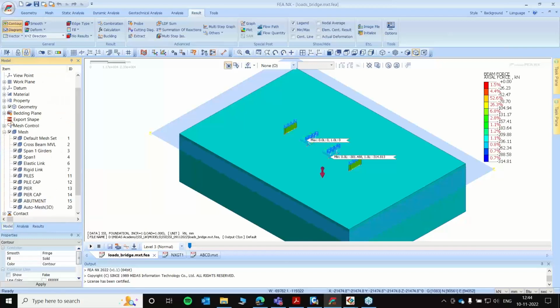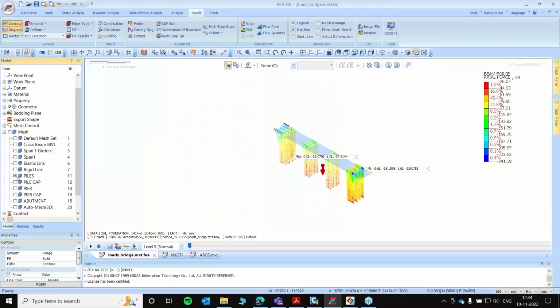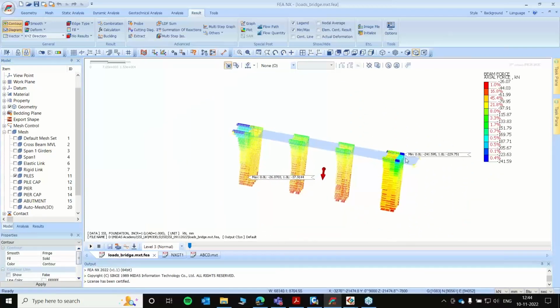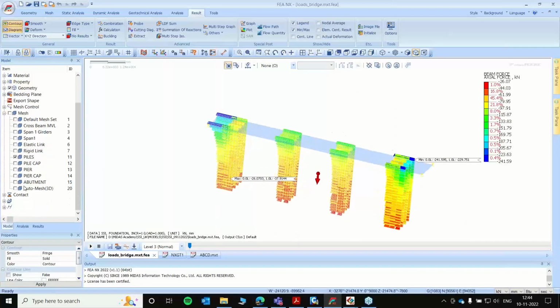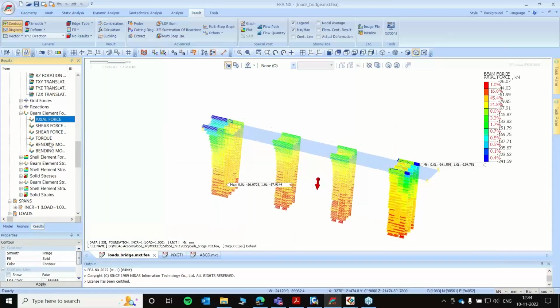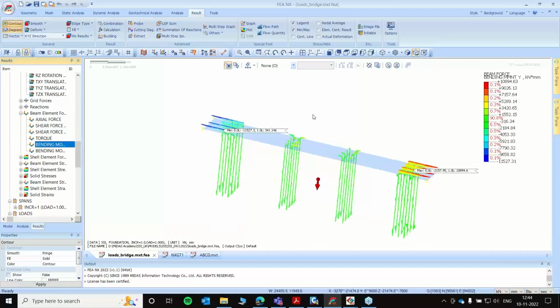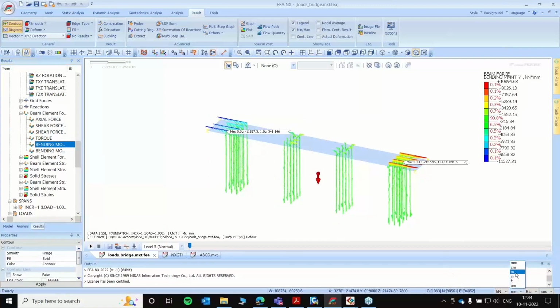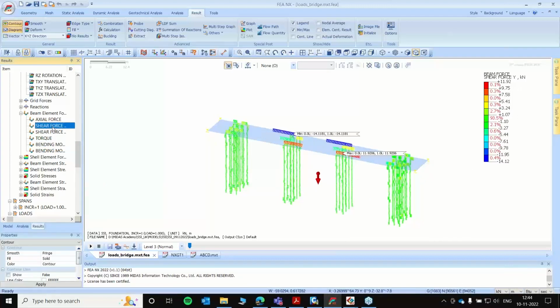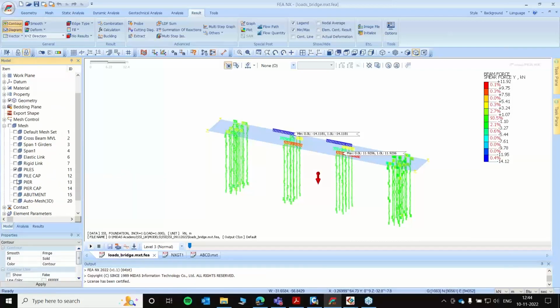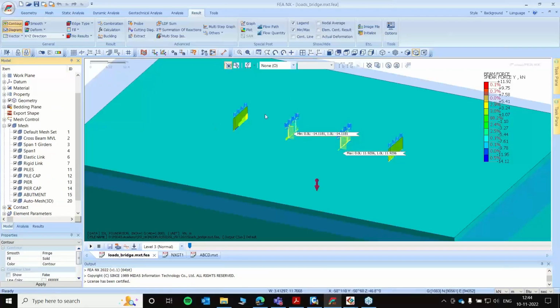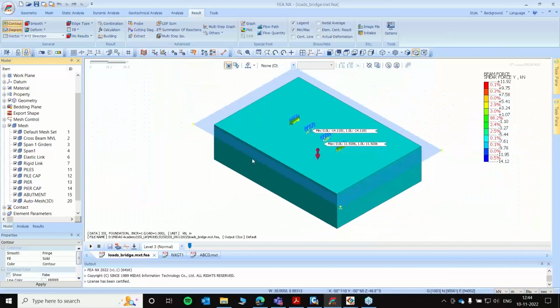Let's say if I just deactivate everything, check on the piles. These are the axial loads on the piles. Then the bending moments, then the shear force. You can check them like that.